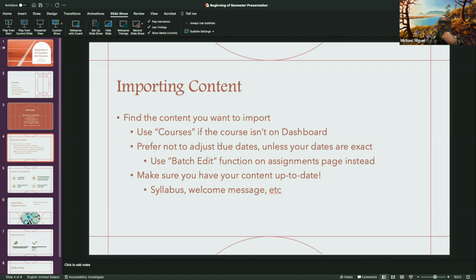So really take the time to do your due diligence and go through, making sure that things like a welcome message are up to date. If you can make it more evergreen, so it doesn't include welcome to the spring 22 semester, maybe just welcome to my course, I'm happy to have you, that makes it easier on you as a faculty member.